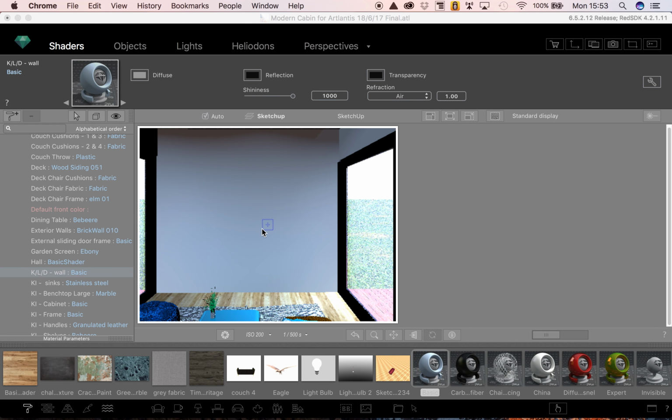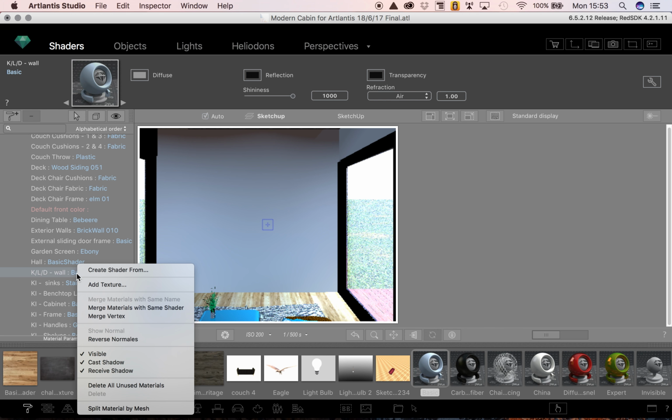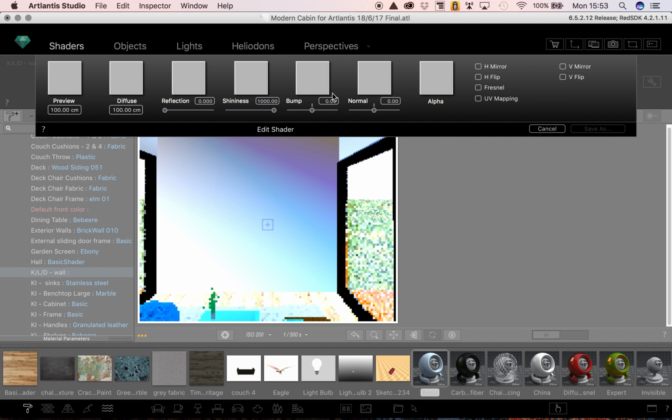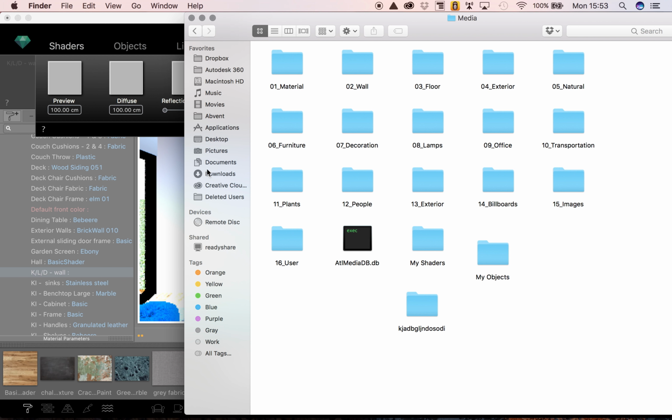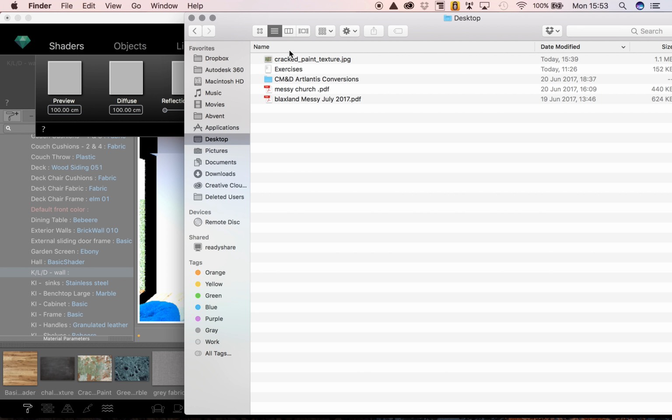Okay, so now we're going to start creating your own shader. In order to do this, you need a basic backdrop to apply them to. As you can see here, if I click on this wall that I'm facing, it's telling me that I'm in the kitchen, living, dining wall, and I've applied the basic shader to it. So I've just got an underlying option there. What I'm going to do is come over to the layer, and I'm going to right click on it, and I'm going to say Create Shader From. And this will give me options across the top. Now what I can do is open my Finder again and navigate to where I've saved that,